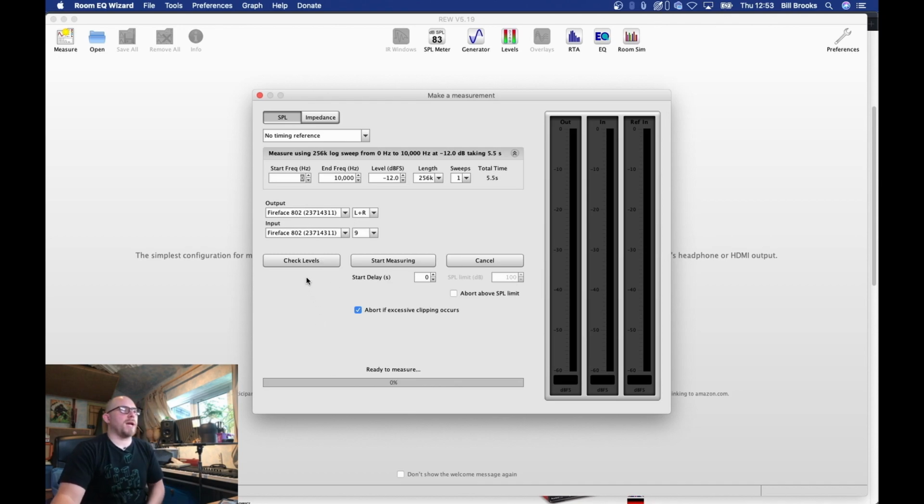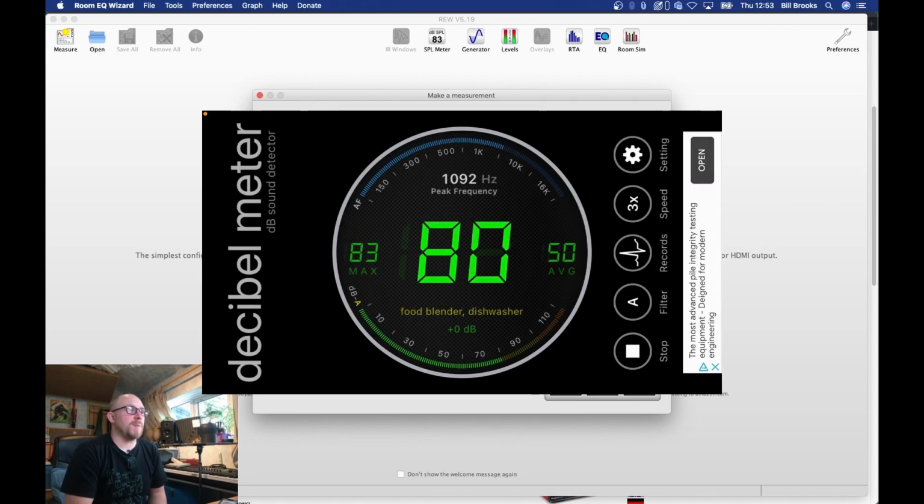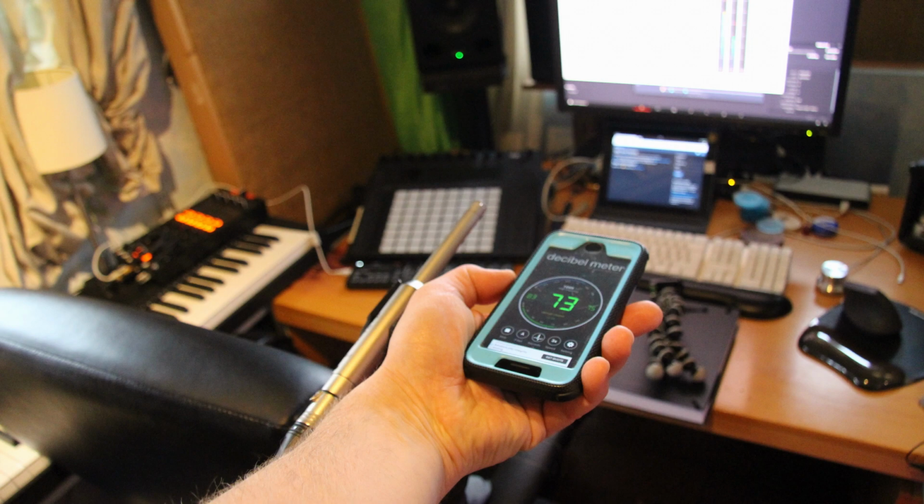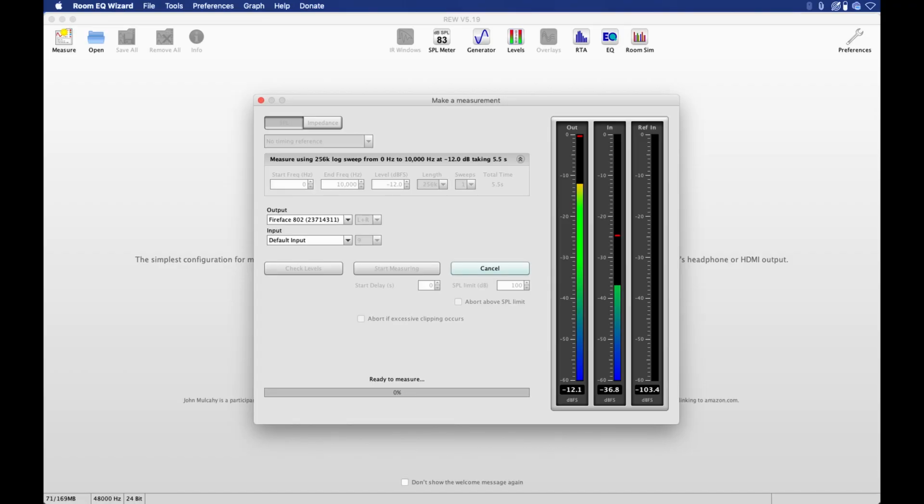The next thing to do is to check levels. And how do we do this? Well, I've got a screenshot here from a very inexpensive, in fact, it's free SPL meter, which you can get for your phone. This one's for iOS, but you'll be able to find something equivalent if you're on Android. And what I'm going to do is, as per this photo, hold it next to the microphone position, measure 75 dB coming back into the software,